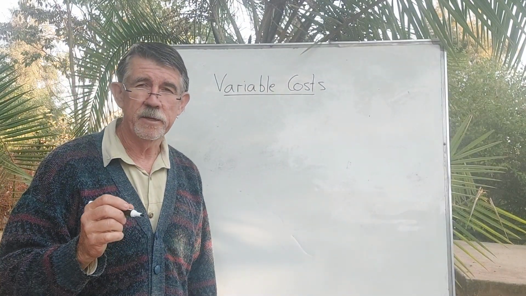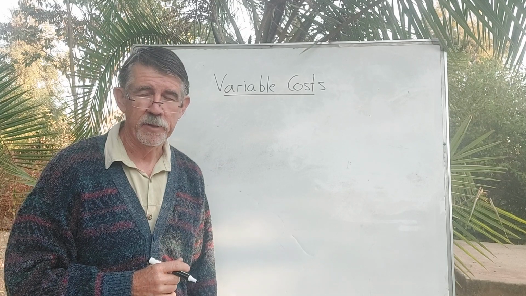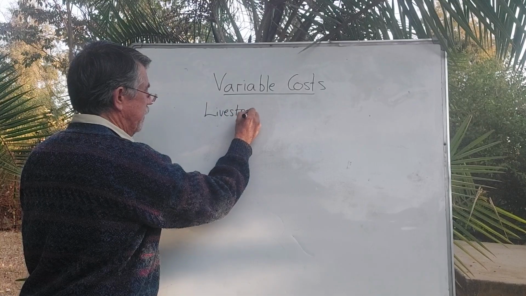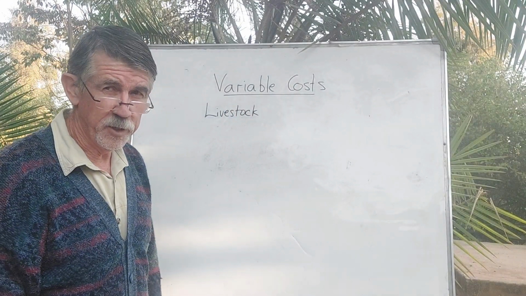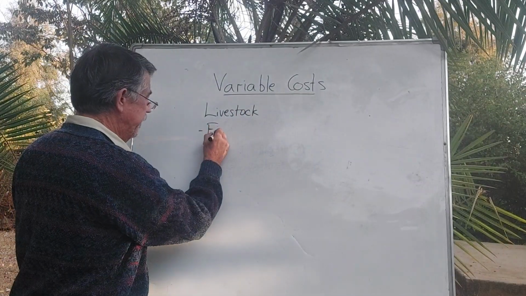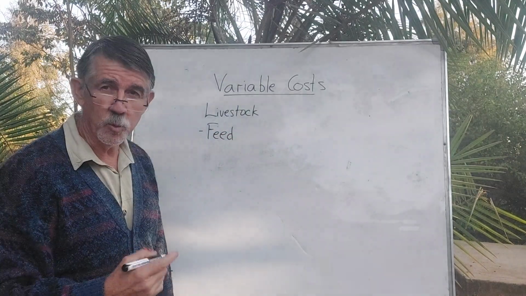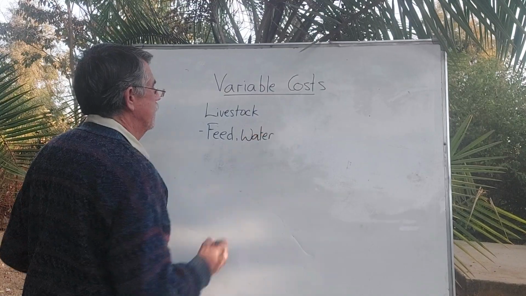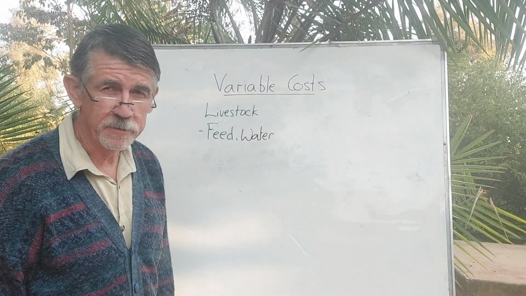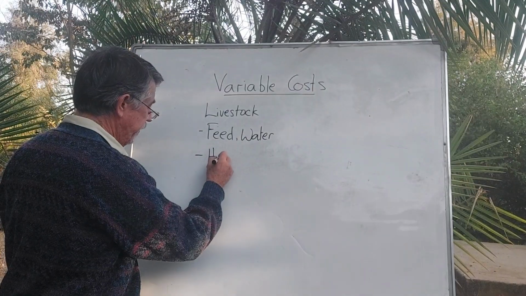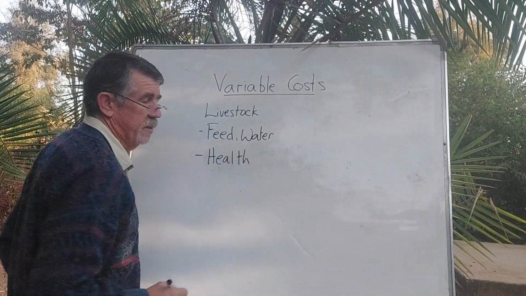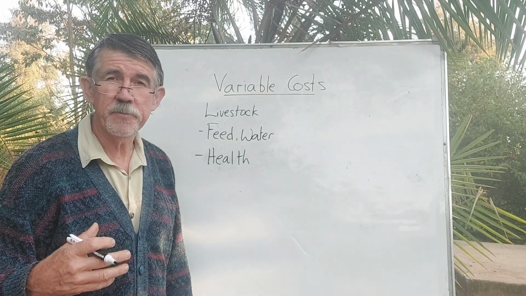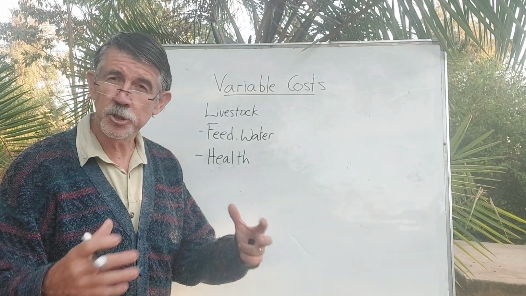Our variable costs depend on the enterprise that we have. When we look at a livestock enterprise, the main costs that we have there are feed and water, the provision of water. But feed could be the biggest cost. Then we look at the health costs of our animals, the veterinary costs, medicines,